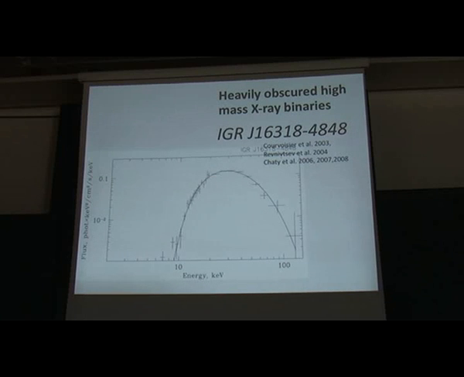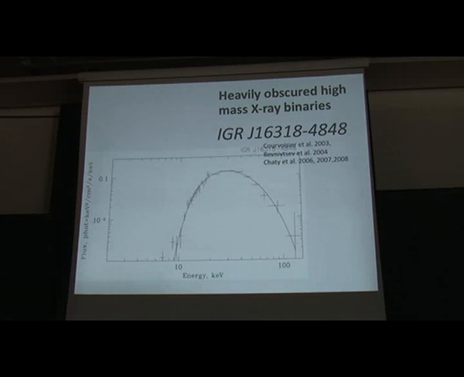This was the first source discovered with Integral, and its strangeness comes from the fact that the majority of its flux comes in hard X-rays, not in soft X-rays. If you look at the spectrum, you see that it virtually disappears from view at energies where typical surveys were done with ASCA or ROSAT or XMM or Chandra. So the source is very bright only in hard X-rays.